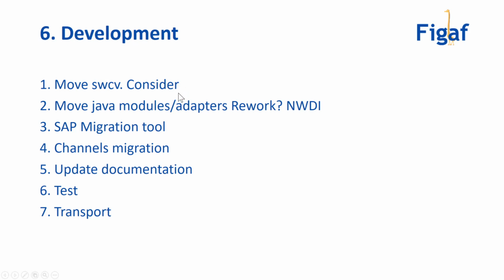I obviously consider whether we need to rename these things, but in general, if you start to rename it, it becomes really a big project that you need to figure out how to handle. Then we want to move the Java modules and adapters to NetWeaver Developer Studio, and get into development infrastructure, and in these you may have to just do a little rework to update them